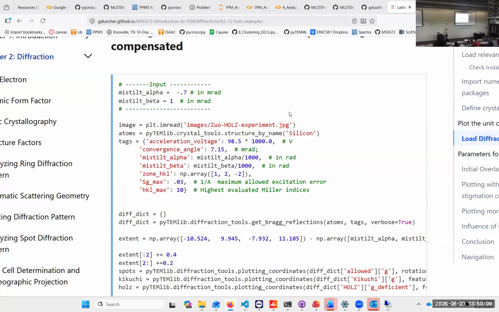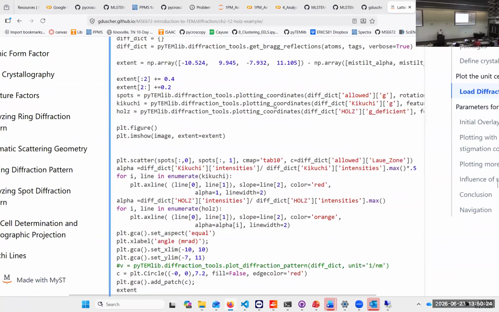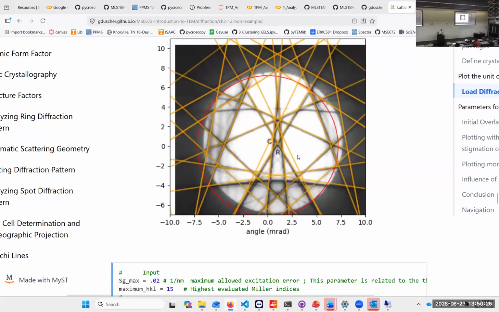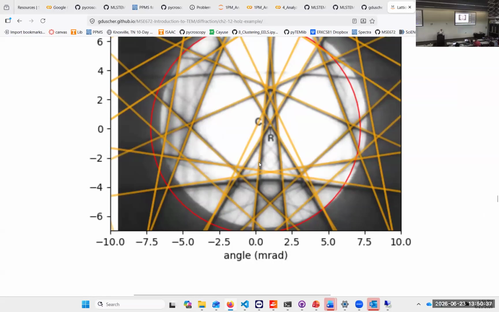So it is around 0.1 degrees, right? So extremely small, and you cannot try to do that with the stage anymore. Obviously, you have to do some beam tilt,